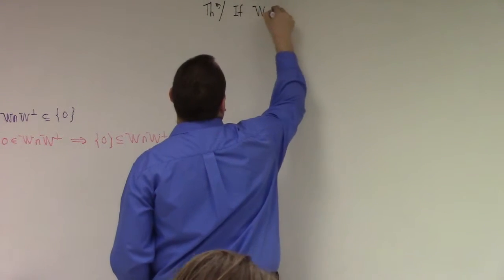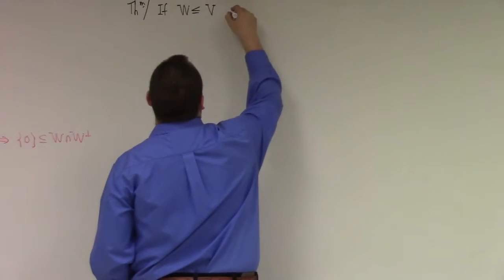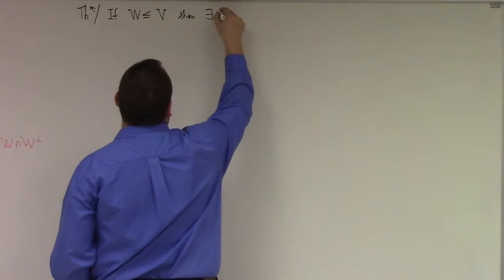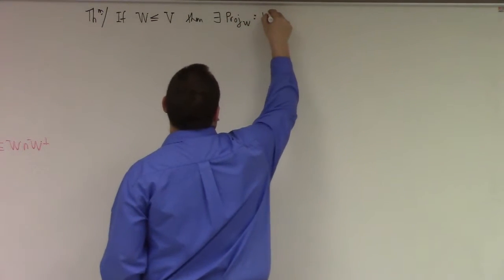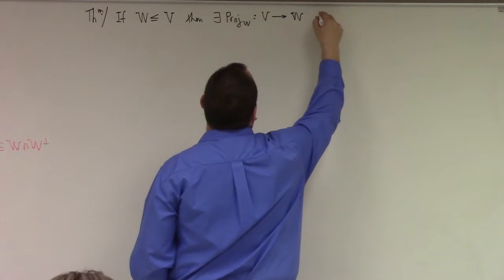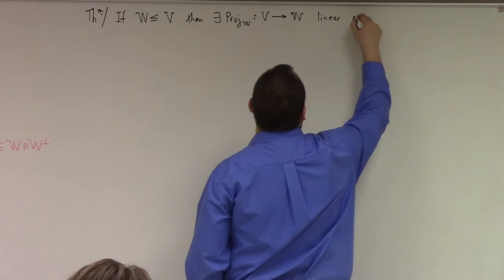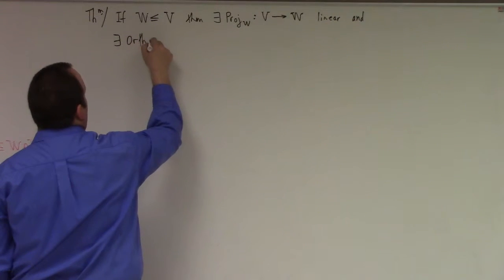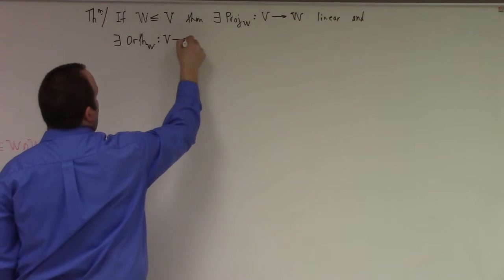If W is a subspace of V, an inner product space, as usual, then there exists something called the projection onto W, a mapping from V to W, a linear transformation, and there exists a mapping called orth W, which is also a mapping from V, but this time to W perp,